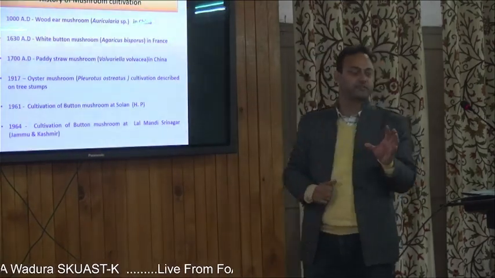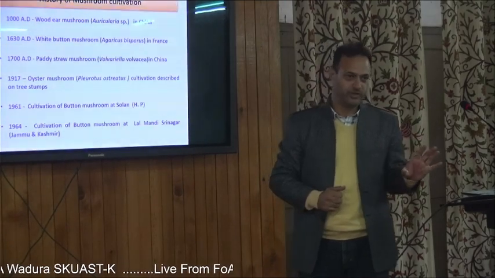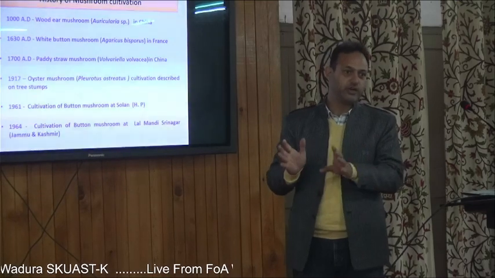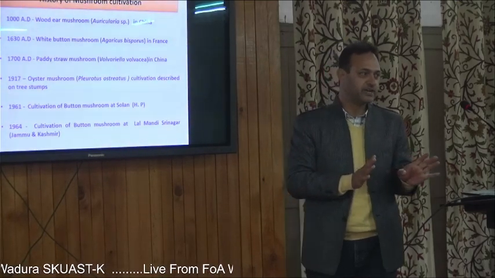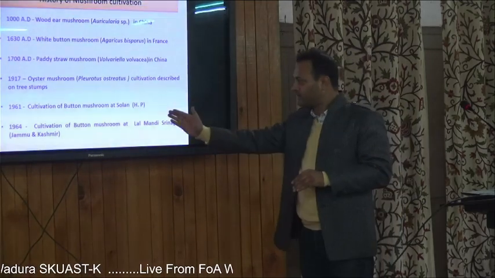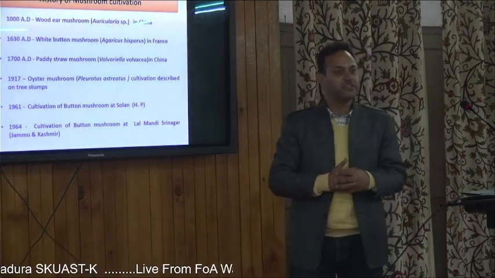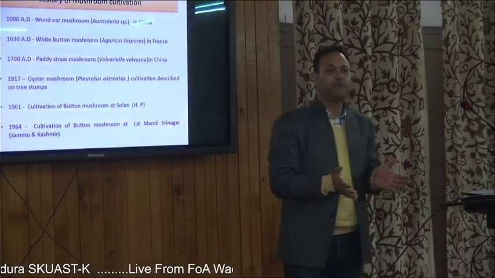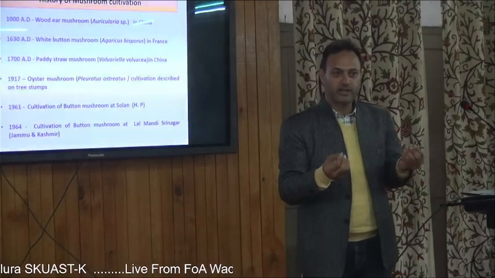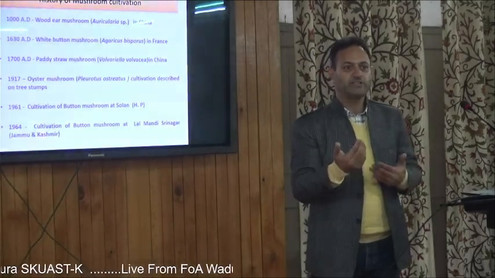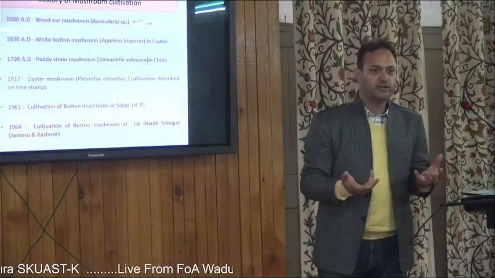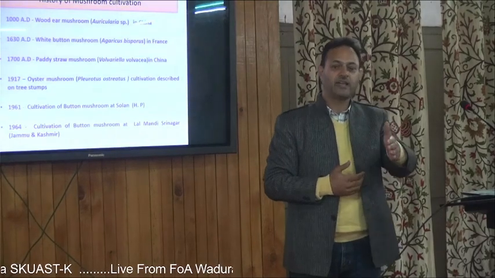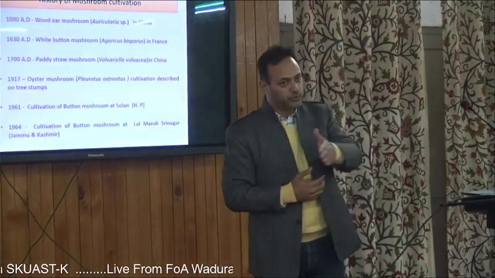1961 में बटन मशरूम की कल्टीवेशन सबसे पहले हिमाचल प्रदेश में सोलन में शुरू की गई, जो इस वक्त डायरेक्टरेट ऑफ मशरूम रिसर्च, सोलन के नाम से जाना जाता है। उसके बाद 1964 में इसकी कल्टीवेशन यहाँ लाल मंडी, श्रीनगर में शुरू हुई। हमारे कश्मीर में बटन मशरूम के लिए इतना मौजूद टेम्परेचर है कि हम नेचुरली साल में 2-3 बार इसको अंडर नेचुरल क्लाइमेटिक कंडीशंस कल्टीवेट कर सकते हैं। अगर हम चाहें तो इसको पूरे साल भर भी कल्टीवेट कर सकते हैं।